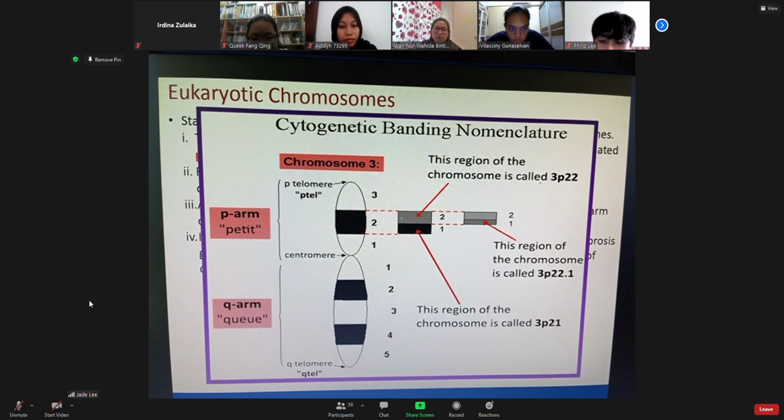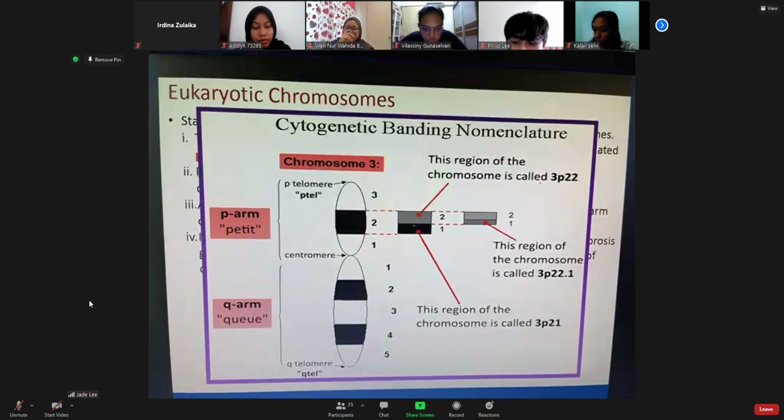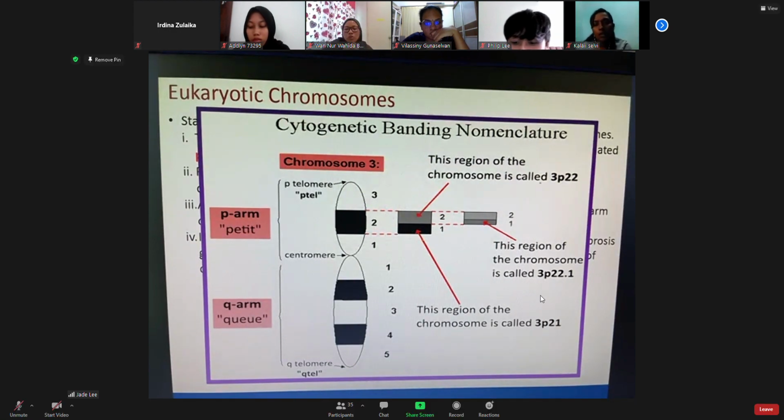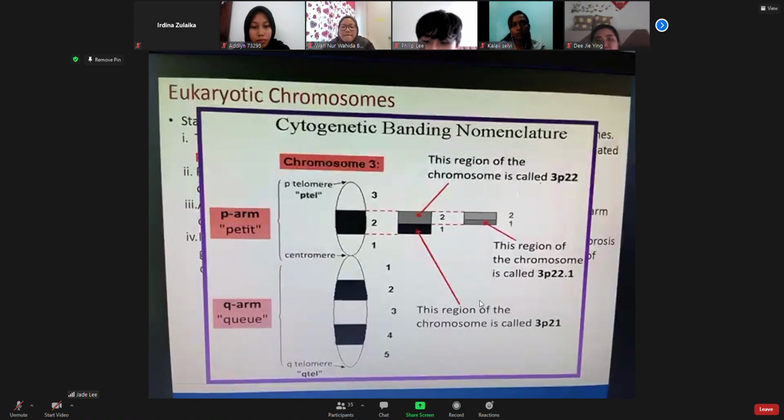Dan pada region 2 ini, dia bahagi lagi kepada 2 region. Dan dia berada di sini. That's why ini panggil dia 3p22. 2 here. And with this region is 3p21. Kalau gene tu terletak di sini. Boleh faham? Yes, doktor. Okay. Dan kalau kita nak spesifik lagi, kalau kita nak region ini,